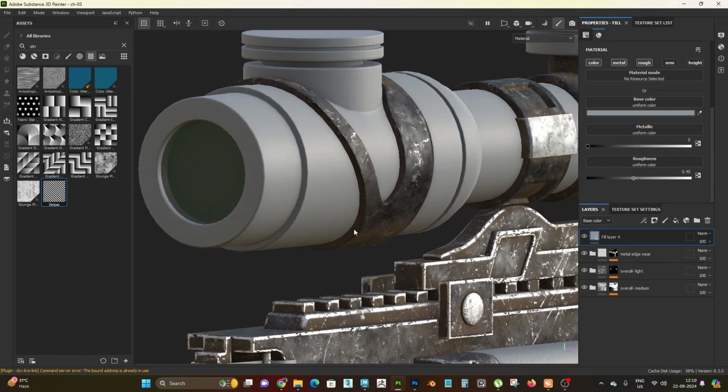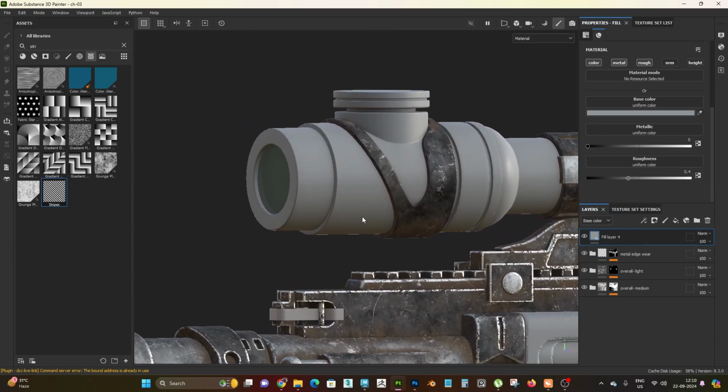It is not much shiny, just a little bit. If you want more shine, then you can change it to 0.5, or 0.4. Now it has more shine. And then just add